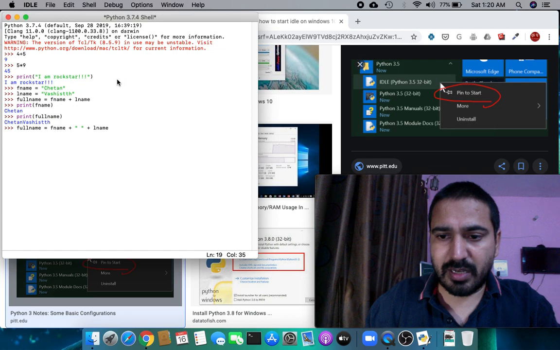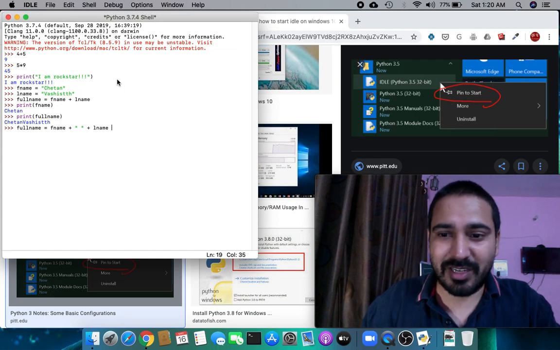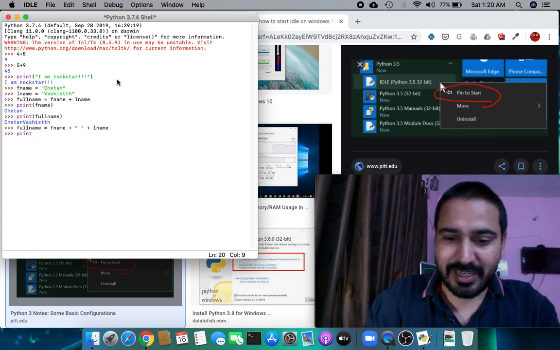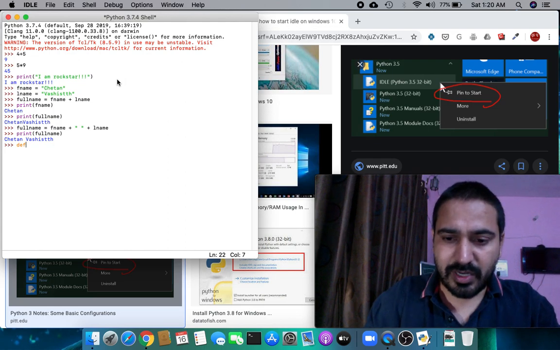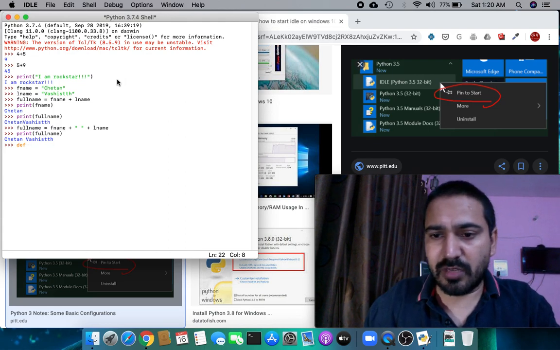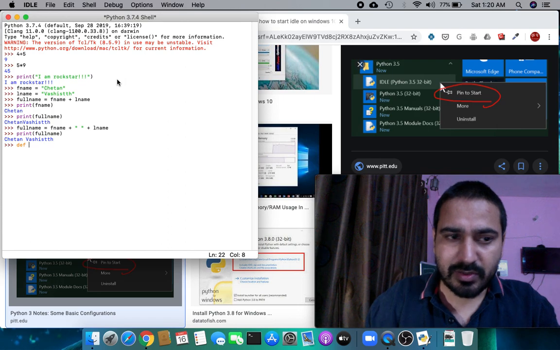If you are unable to get it, then don't worry, this is just a playground. It can be a kind of warm up exercise, so don't worry about this. We will take it up in the later lectures for sure, and you will get it then. Now I just want to write a small function. What is a function? You write the code once, and by writing it once you can reuse that code any number of times.